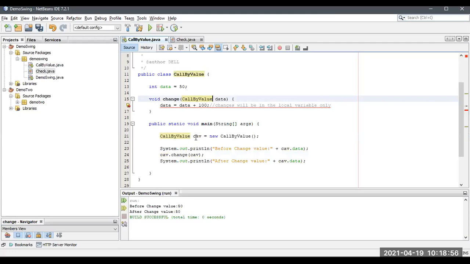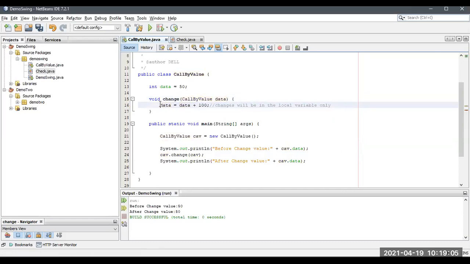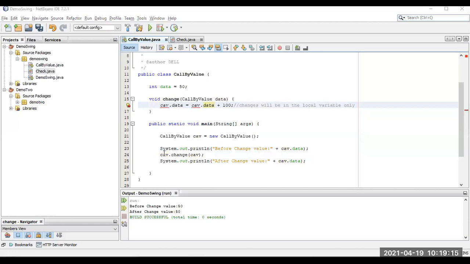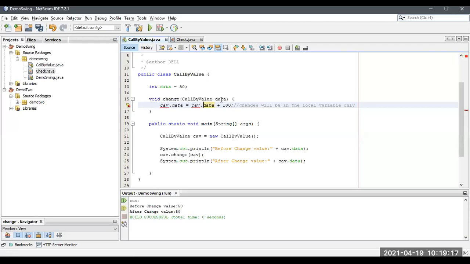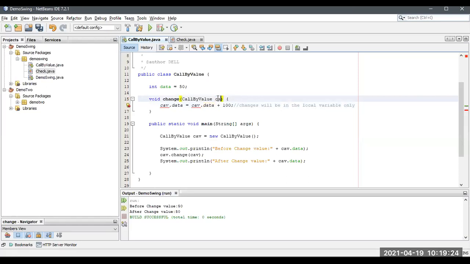The primitive data type is there, so let me change that one. CAV dot data. These are all the errors we need to rectify. Why is it showing an error? Let me check this one. I'm going to create CAV.